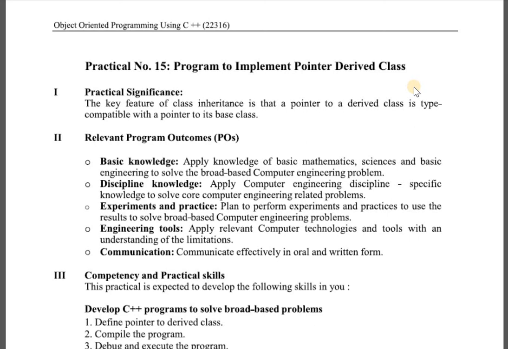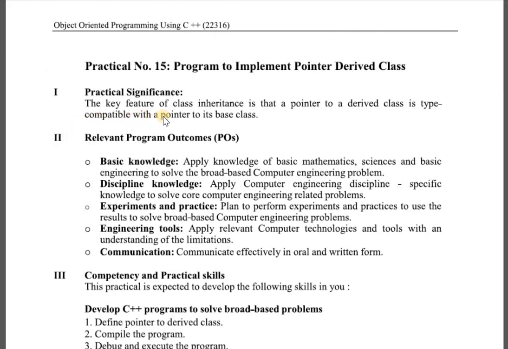Suppose, for example, if B is the base class and D is the derived class from B, then a pointer declared as a pointer to B can also point to D. That means a pointer to the base class can also point to the derived class. This is the concept of pointer to derived class.